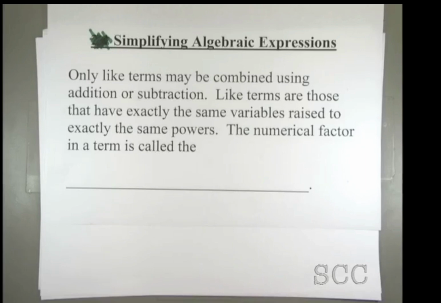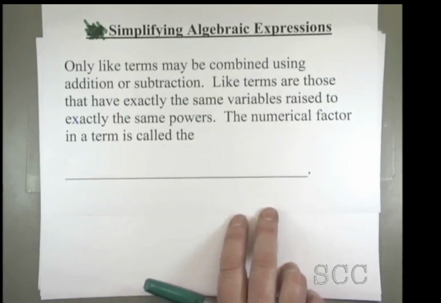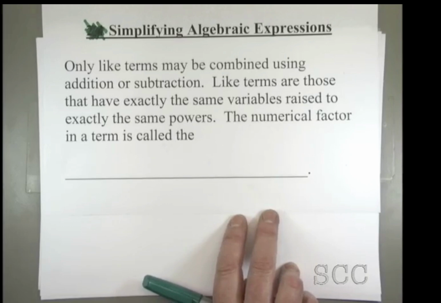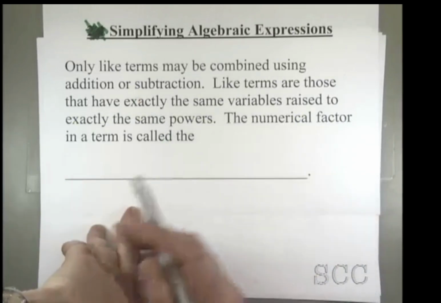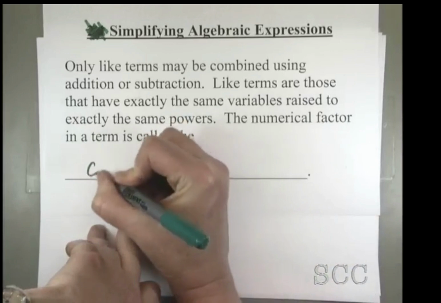And the first type of expression that we're going to talk about is a term. And in particular, we need to know that only like terms may be combined using addition or subtraction. Like terms are those that have exactly the same variables raised to exactly the same powers. Some more vocabulary here. The numerical factor in a term is called the